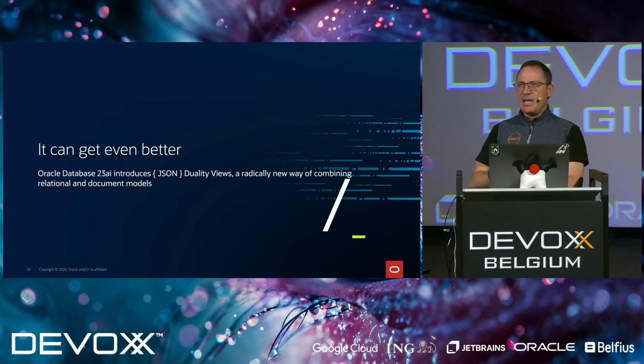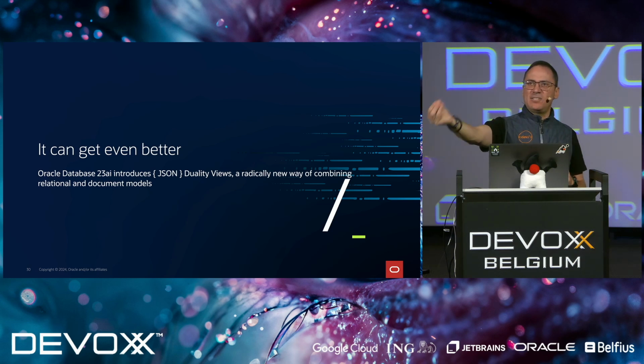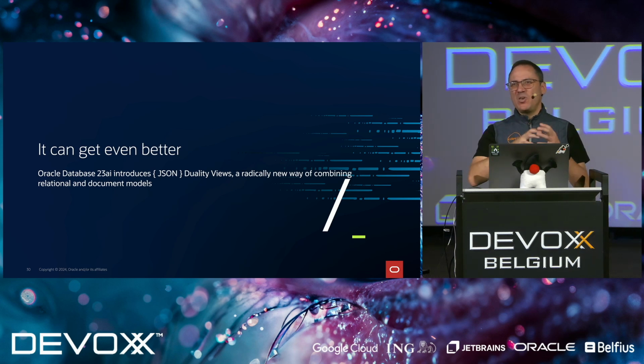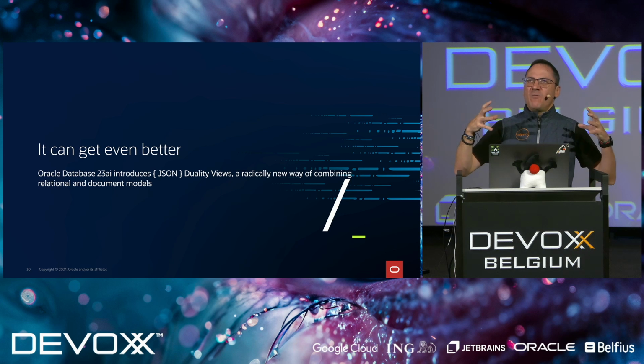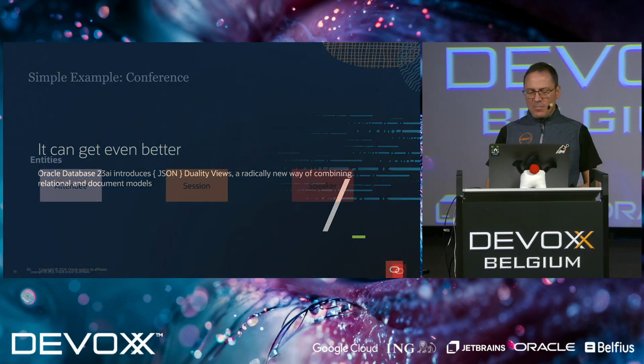So this is kind of the idea that some people at Oracle started to think about. Hey, it's so ubiquitous that we use JSON to communicate with the client applications on the browser and the mobiles. Wouldn't it be easier if we had a way to grab those documents and insert them directly into the database, but at the same time giving you all the benefits of the relational world? So let's start with this.